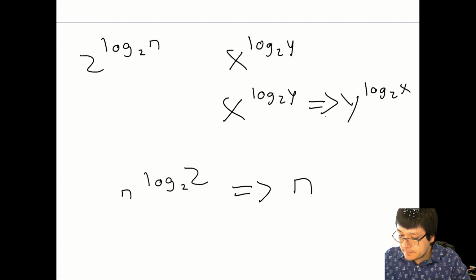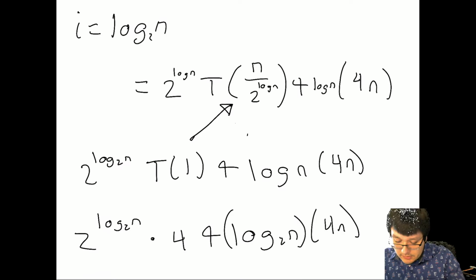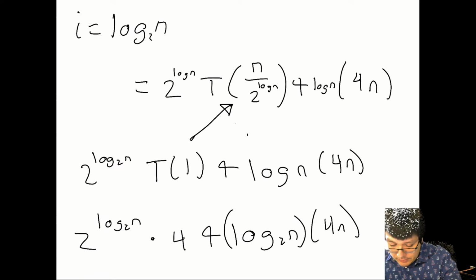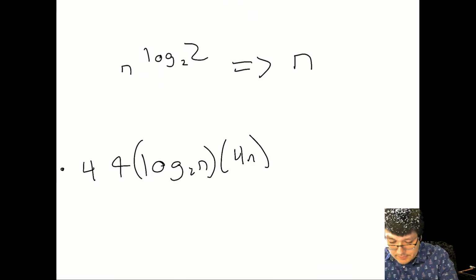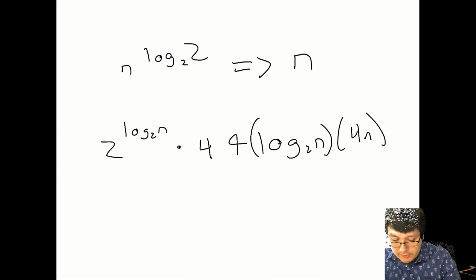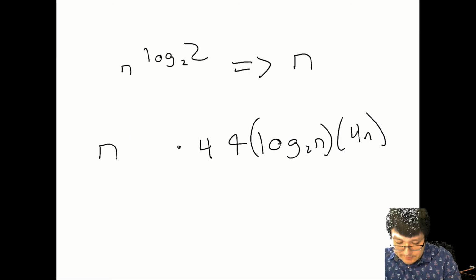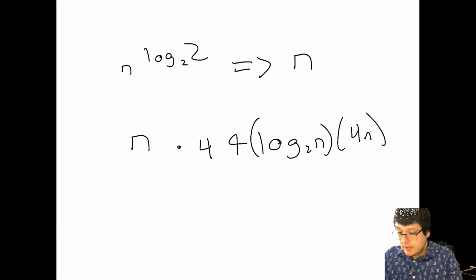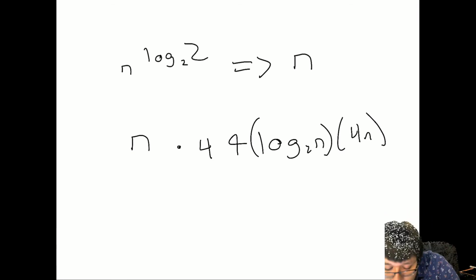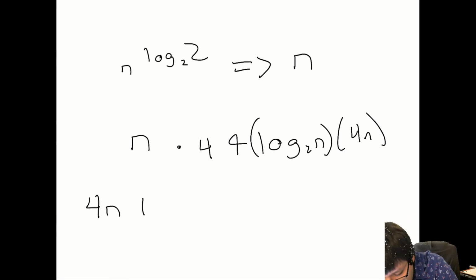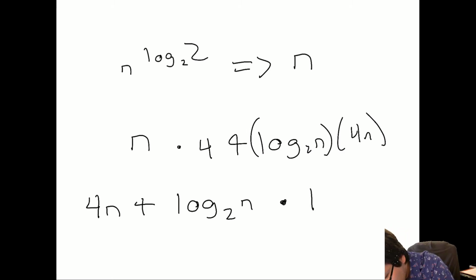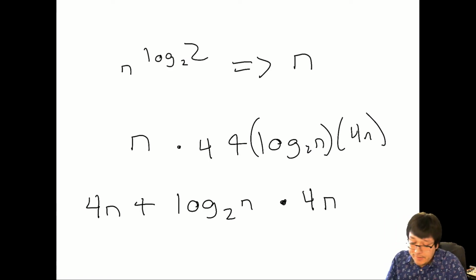So, anyways, going back to what I had up here. This is the latest one that I had. And now I'm replacing this term with just a single n there. So that looks much nicer already. Let me just rewrite it. 4n plus log 2n times 4n. Okay? So at this point,